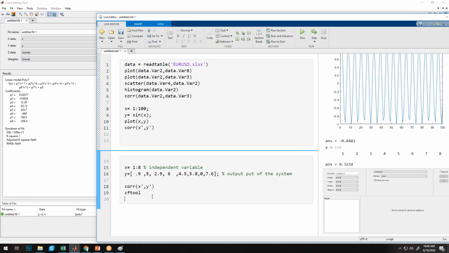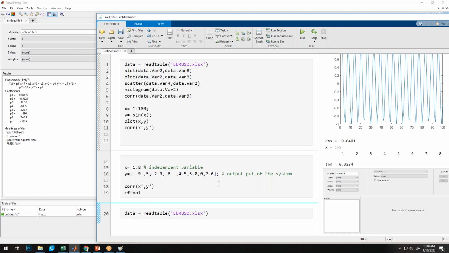Control C. X is equal to data dot var2, that is the opening price of the stock.